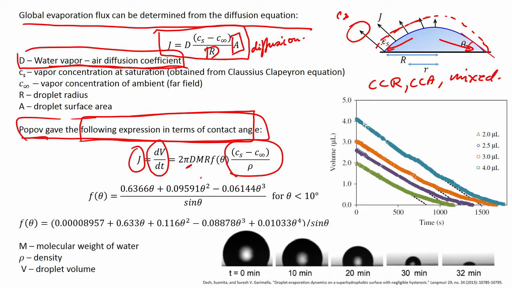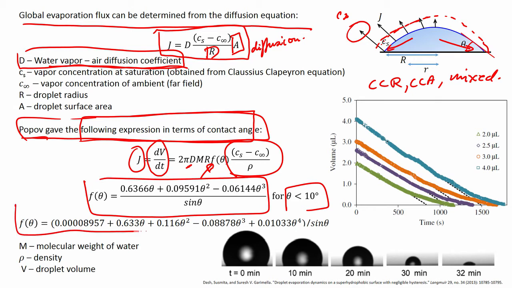In addition, there is an F theta parameter, where F theta for low contact angle is given in this particular form, and for high contact angle it is given in that particular form. Here m is once again the molecular weight of water, rho is the density and